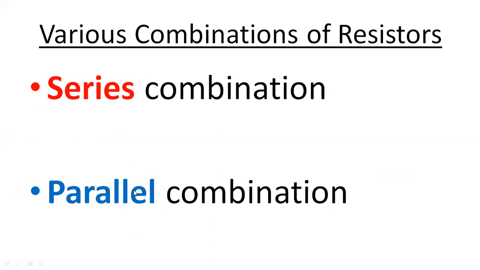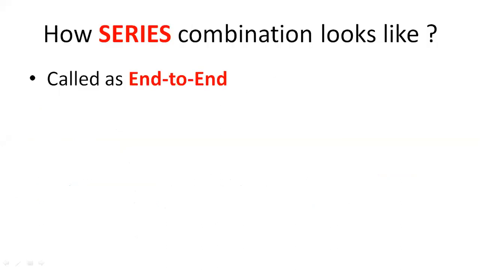Okay. So every year whenever I teach this topic, students tend to get confused about finding out what kind of circuit they are looking at. So first we'll see how series combination looks like. Like in actual circuitry, if you are watching a circuit, you should be able to tell whether they are connected in series or not. So how to identify? So just focus on this.